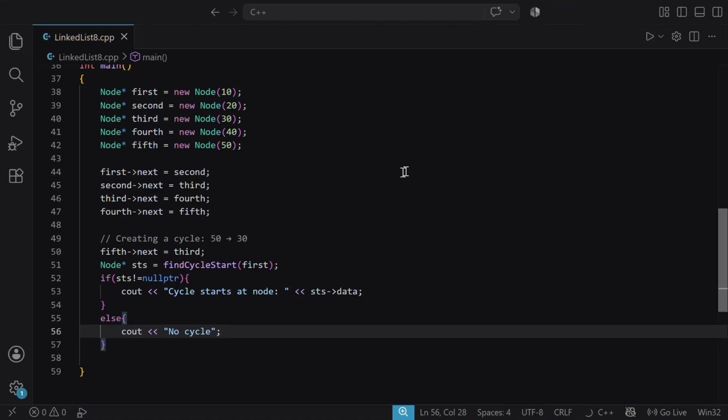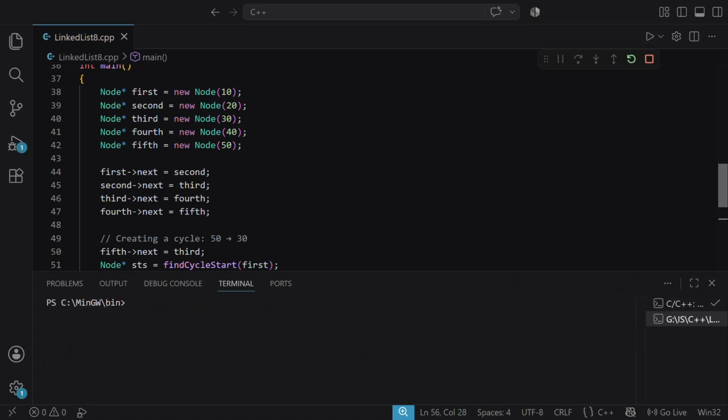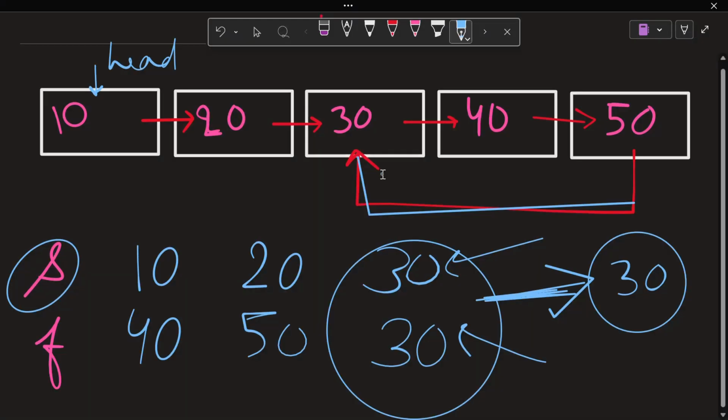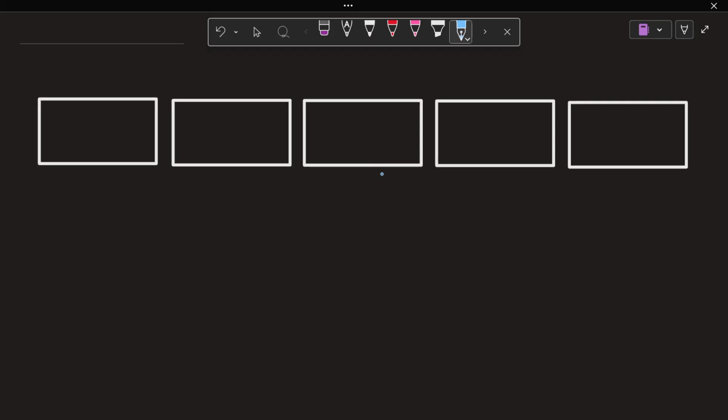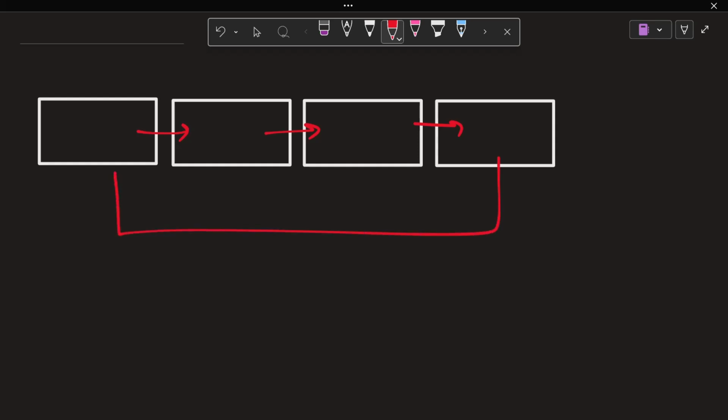Let us see if this works. So cycle starts at node 30. This is correct. Now let's see this if we have 4 nodes, and in that let's just remove one node. We have 4 nodes, and this one points to this, and this node points to the head again. Then what? So assuming this to be 10, 20, 30 and 40,